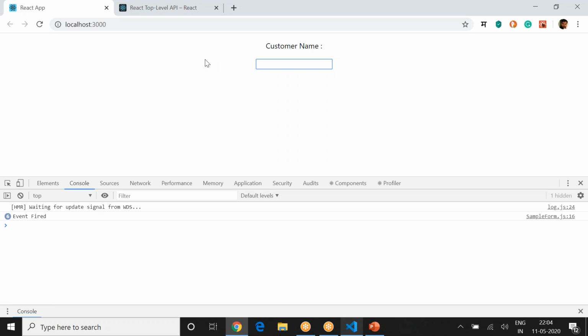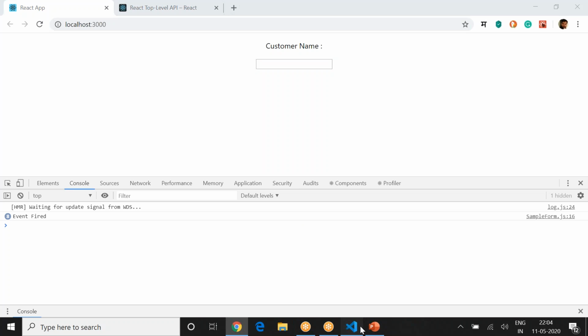But you are able to listen to the value not when the user completes it, but while they are typing it. So if the user is typing an email address and you are not finding an at the rate character, you can immediately tell the user they are not entering a valid value. Or if the user entered 1 into it, you saw that there is a numeric value, wrong. You can immediately tell the user that this is not a valid value, and mark that particular field as red. How do you do that? That is CSS stuff. But I just wanted to tell you how you fire the events as soon as the value is entered by the user, and how it is bound in React. So these are binding the fields.